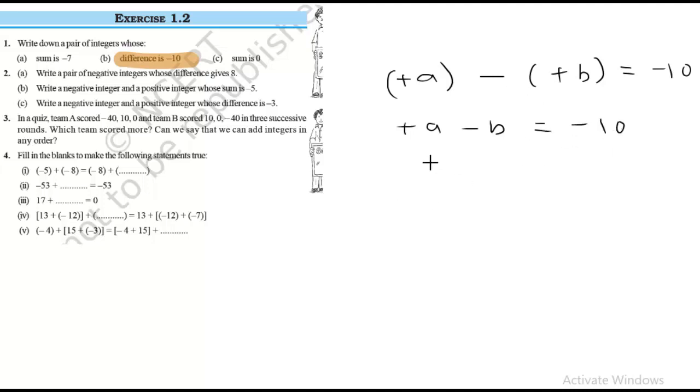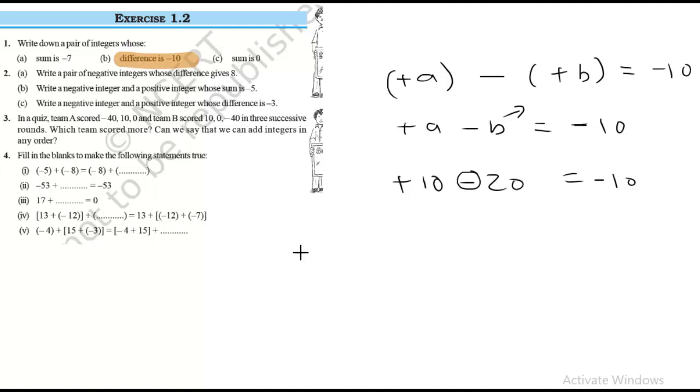Now we can think of two numbers where one of the numbers has the positive sign, one of the numbers has the negative sign, and the answer is negative. So naturally this minus sign will be followed from B, and B should be greater. So we can think of A as plus 10 and this B as minus 20. So here we will take the difference as signs are different, and that difference will be 10 and this sign will be followed, which will be minus.